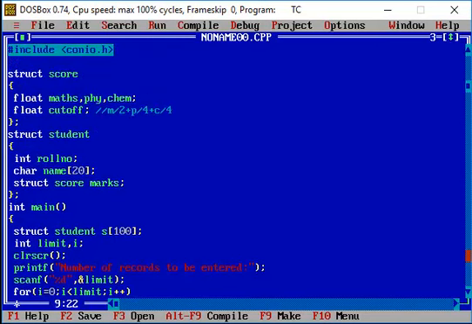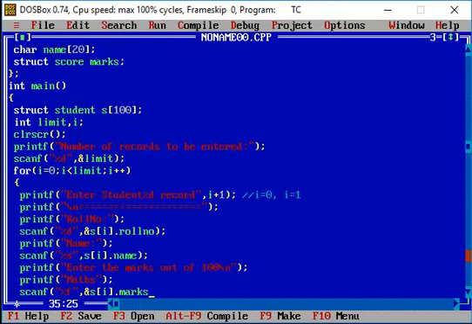So again we are going to make use of the structure members maths, physics and chemistry by making use of the structure member marks. On top of this I'm going to make use of the dot operator. So first I'm going to get the record for maths.